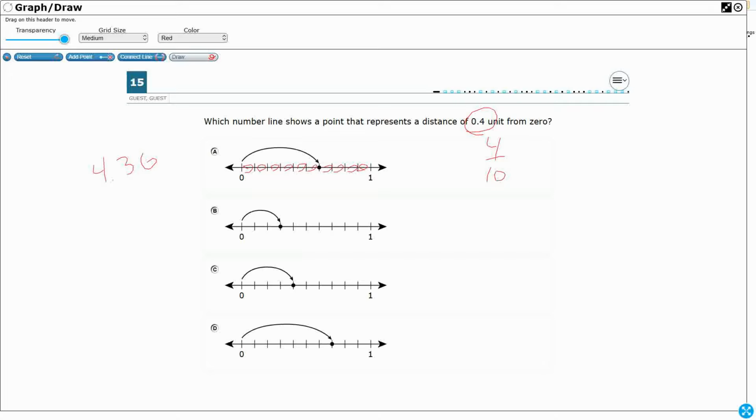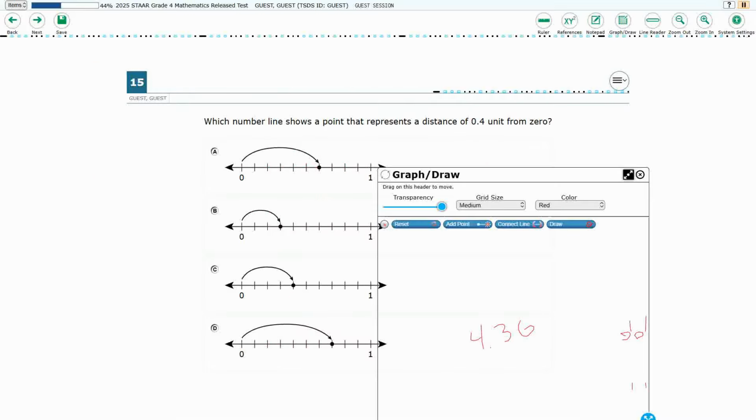Sometimes you'll get some and they're not all tenths. So it looks like they're all tenths. So we're just counting tick marks now. 1/10, 2/10, 3, 4, 5. This is 6/10. This is 1, 2, 3/10. This is 1, 2, 3, 4/10. There's our answer. This is 1, 2, 3, 4, 5, 6, 7/10. All right, so our answer here is going to be C,